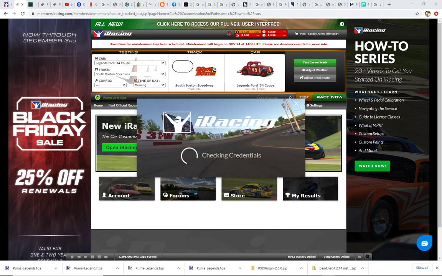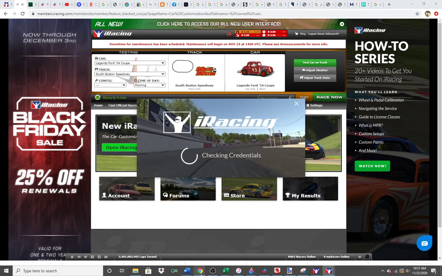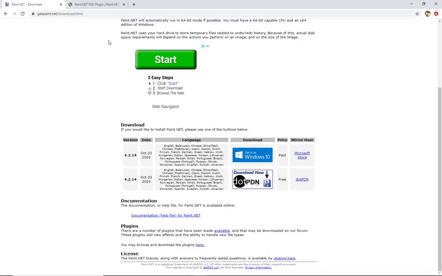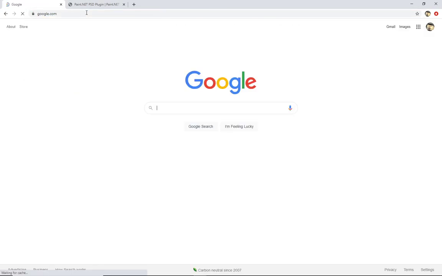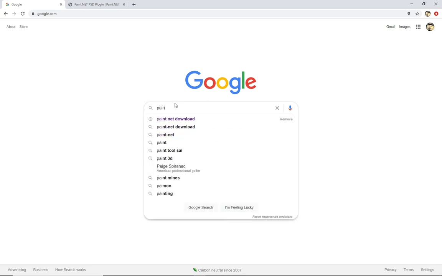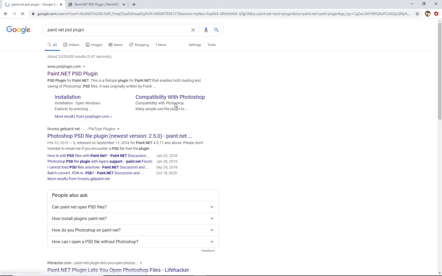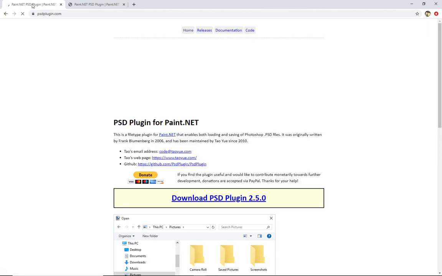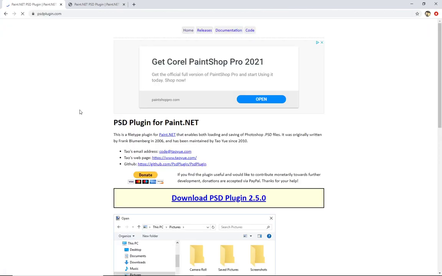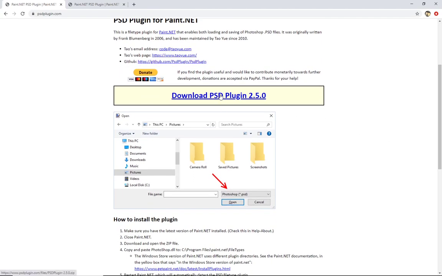Okay, so what you've got to do then, while this loads, is find the DLL file that allows you to use PSD files. So to do that, you're going to go back to Google, and you're going to type in paint.net PSD plugin. And as you can see, I've done this more than once. Okay, that's going to take you to this page, and you're going to get the download PSD plugin 2.5.0. You would click that button,